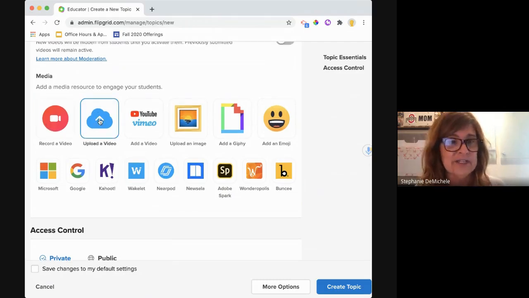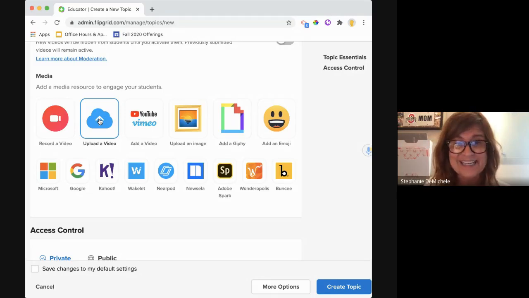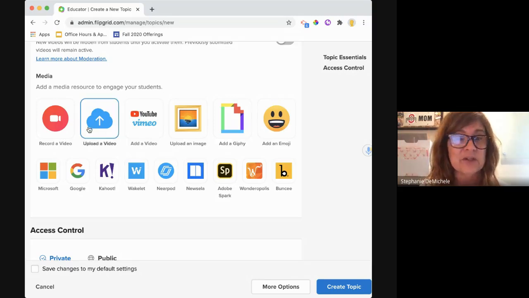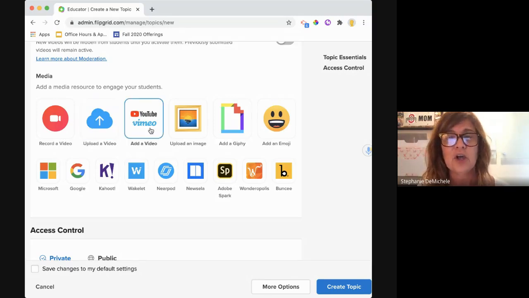You can upload a video. Suppose you record a video in Screencastify, or even on your phone. This is great for science teachers. Science teachers will like to record themselves doing a lab experiment and then ask students to make a hypothesis. So teachers can upload their own video of something. You can also choose to upload a video from YouTube or Vimeo explaining a concept and then asking students to